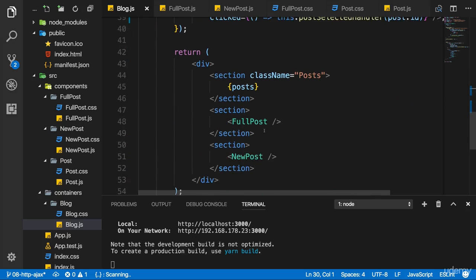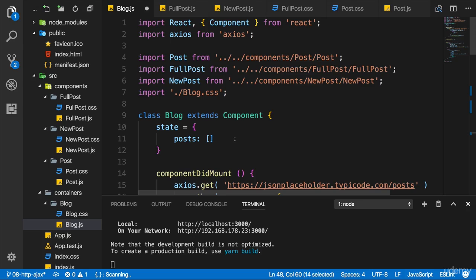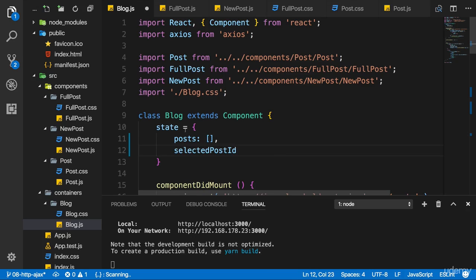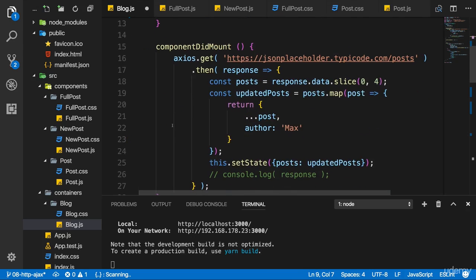Now that ID should be passed to the full post component. So we should probably store it in the state on maybe a selected post property, like this state selected post ID, so that inside full post, we can listen to us getting a new ID and then fetch data for that ID. So now we need to create that selected post ID property in the state of the blog container.